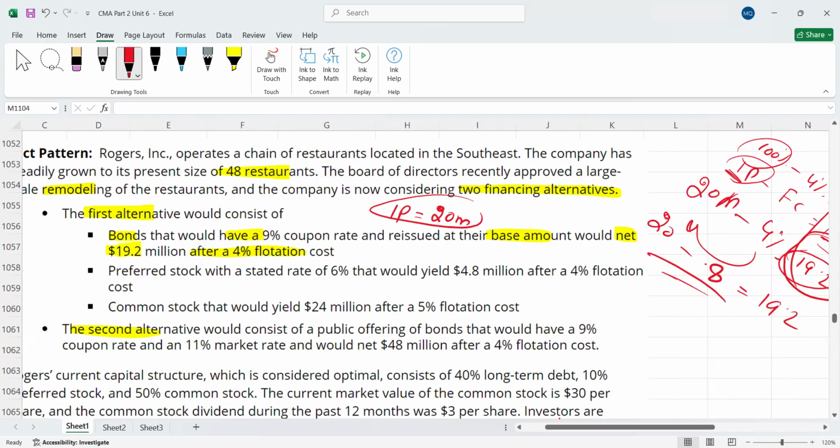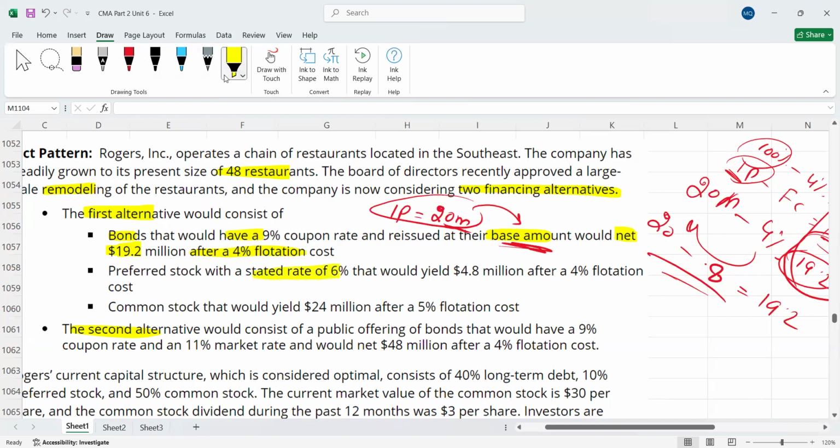Understood? Okay. Then this is the base amount also. Base amount means a par value. It's a par value as well, because here he told you reissued at their base amount. Base amount means this is the par value also. Okay. Then preferred stock, second scenario,